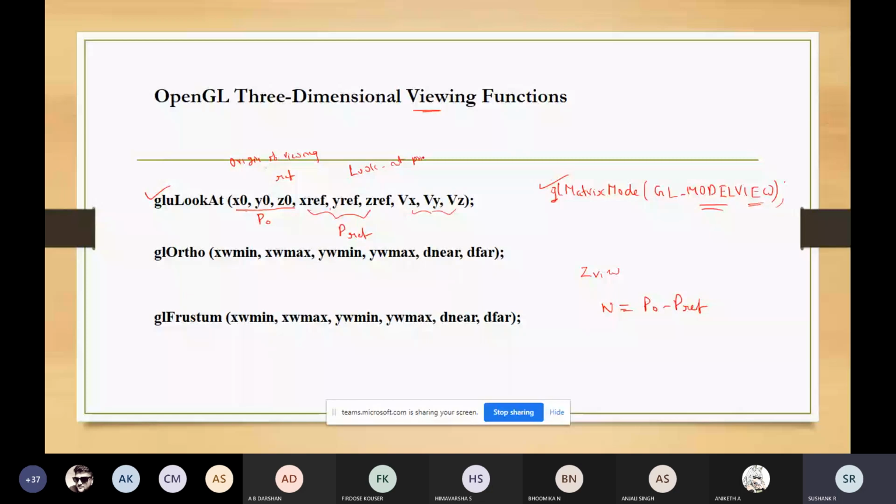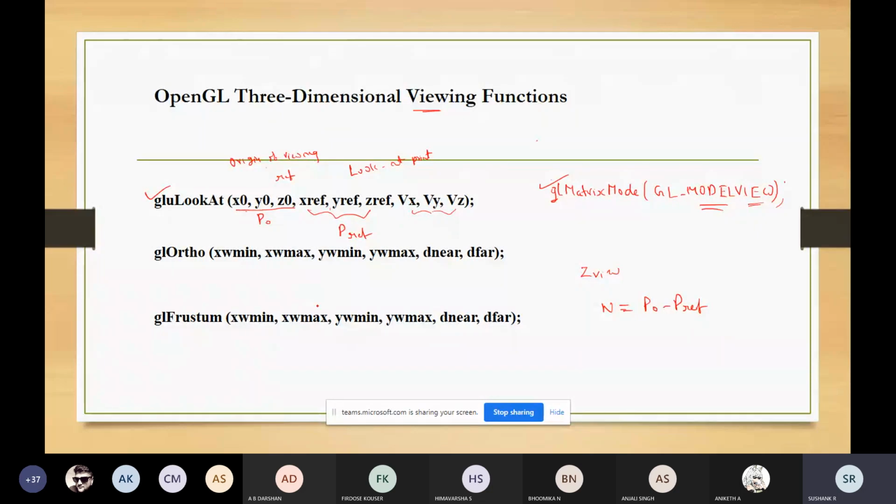This is usually taken to be some position like the center of the scene, which can be used for specifying the projection parameters. And also you can take this reference parameter as a point at which we want to aim a camera which is located at the origin.